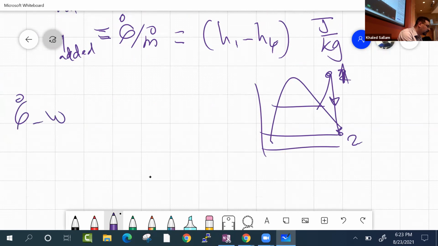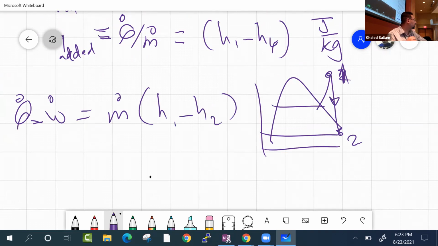First law would say Q dot minus W dot, and again, let's not put kinetic energy and potential energy anymore. So it will be H1 minus H2. What happened to delta kinetic energy and delta potential energy? They went with the t-shirts of Bill Gates. So it's just enthalpy and Q and W. Now for the turbine